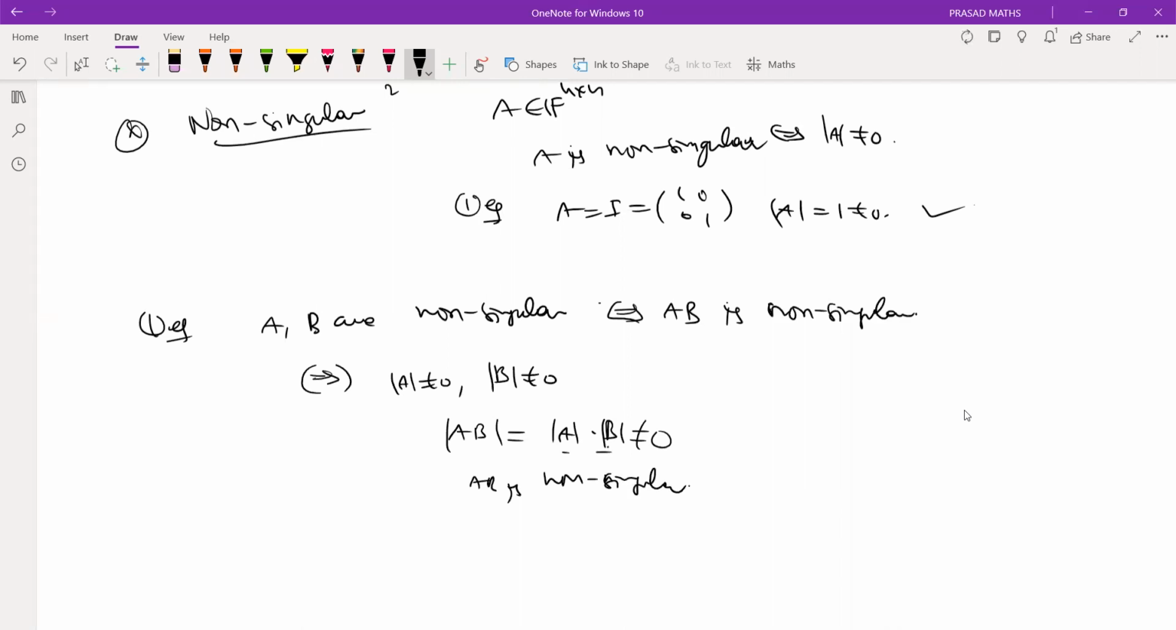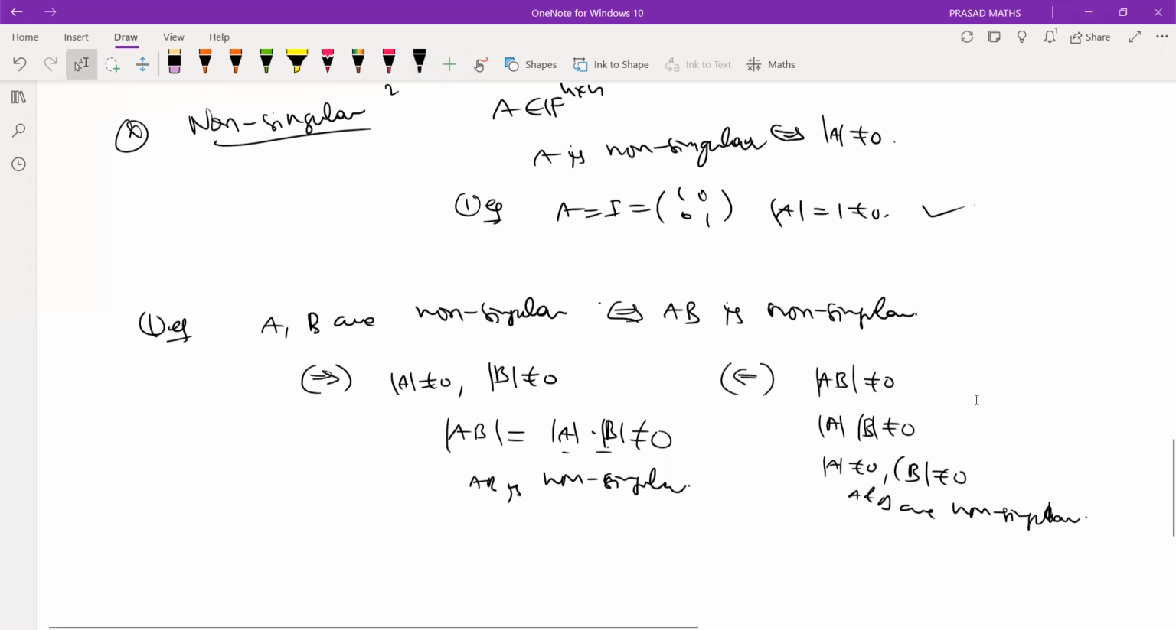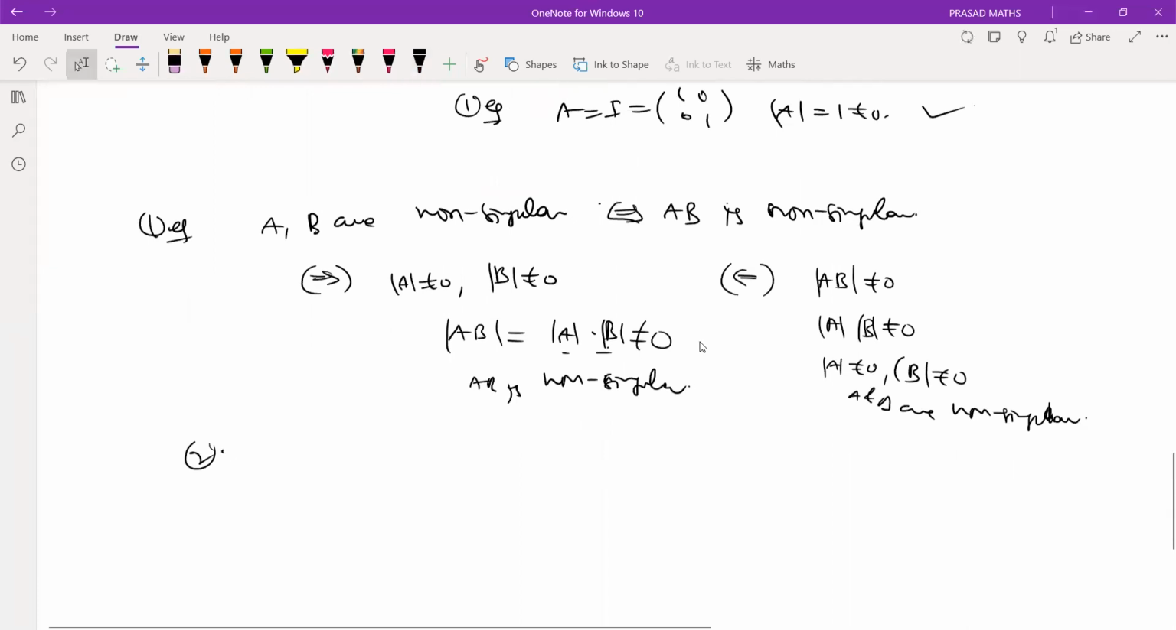Similarly, for the converse, suppose det AB is non-zero because AB is non-singular. Det AB is det A into det B, which is non-zero. A product of non-zero numbers being non-zero means both of them are non-zero. Therefore, A and B are non-singular. This means any finite product of non-singular matrices is always non-singular. That is important. Suppose you take a second example: if AB is singular,